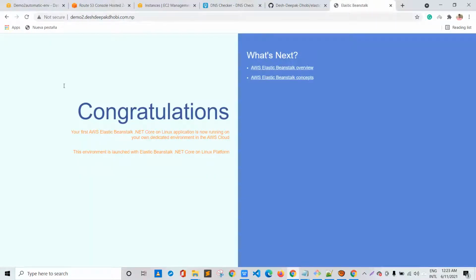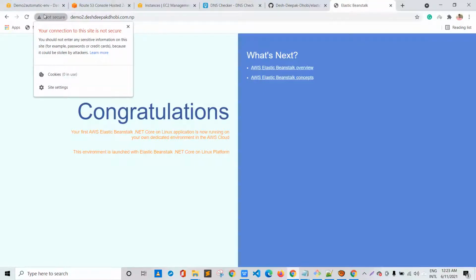Yes, it shows a congratulations message and specific details related to Elastic Beanstalk .NET Core on Linux platform. Okay, so that's perfect, and there is a sign of not secure. It's showing that because we haven't implemented Certbot onto this domain yet, so we'll be doing that.